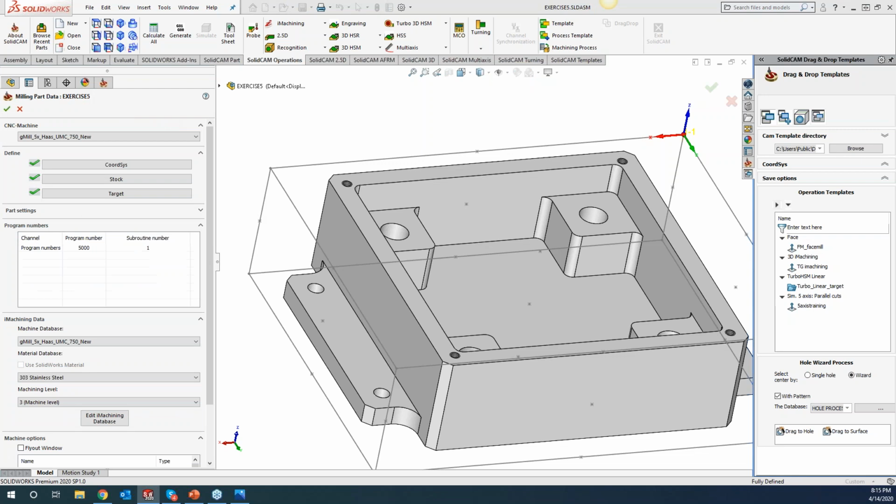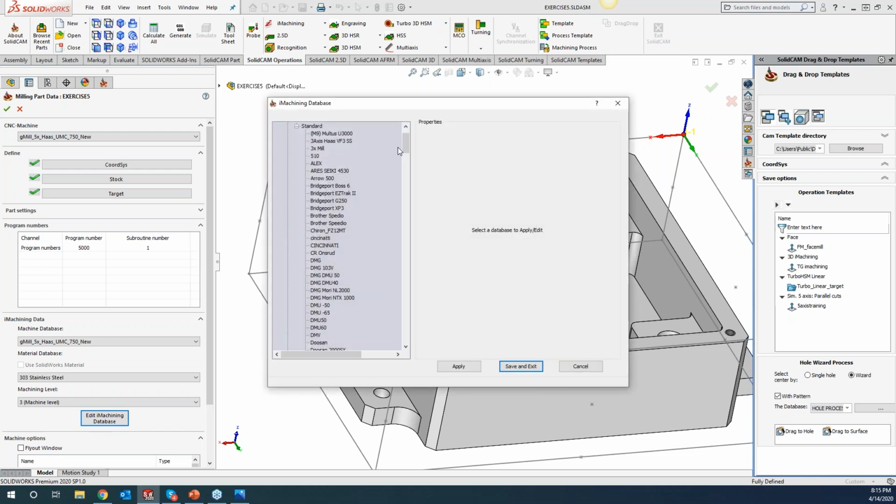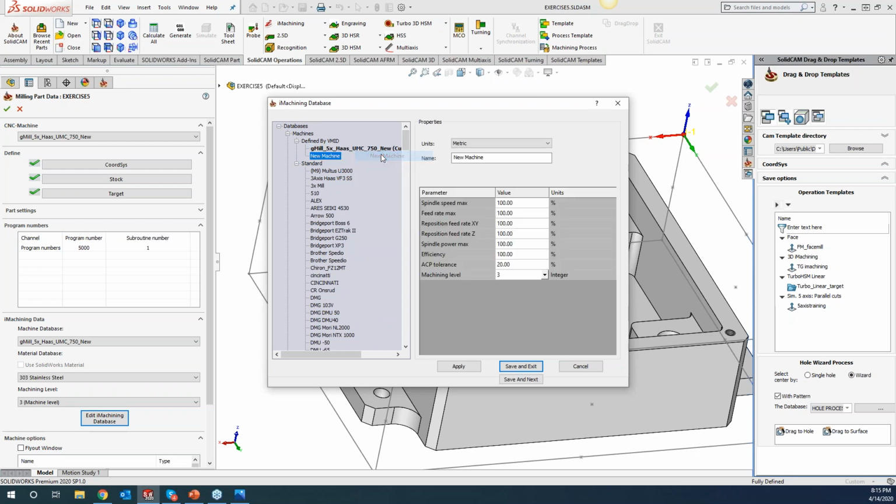Now, since we're going along the lines of adding in our iMachining database to link it to the post, let's say that you have 50 different machines in there and you really don't want to have to create 50 new iMachining ones and retype it all in there. What you can do is come in here, say new machine, and instead of typing in the machine name, what you can type in is global